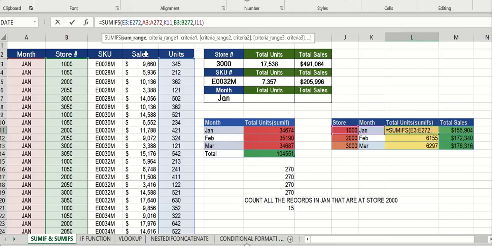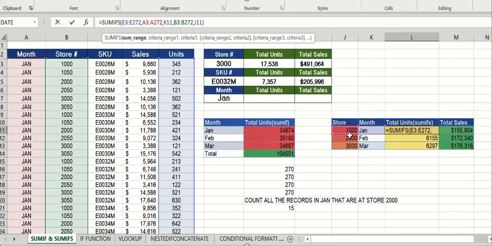Our criteria range is the month column, where the January is located. That is our criteria range. Then we go with comma. Then our criteria 1 is